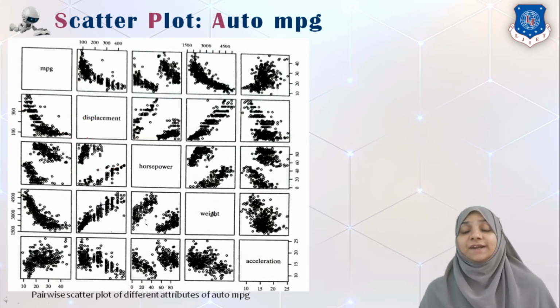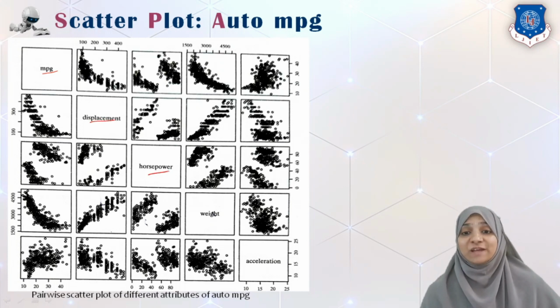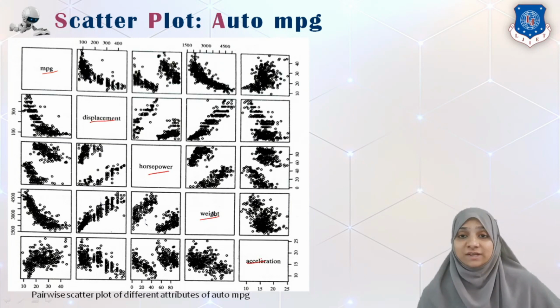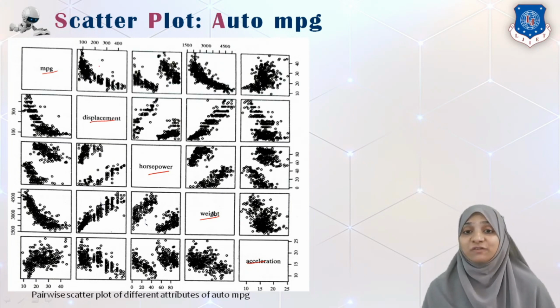Now this is the scatter plot of AutoMPG. We know that there are in total 5 numerical attributes. The first numerical attribute is MPG, then displacement, horsepower, weight and acceleration. I can make a combination of any two and plot their graph in the form of a scatter plot. So if MPG is on the y-axis and displacement on the x-axis, the graph we get is this, and we get three outliers in that case.